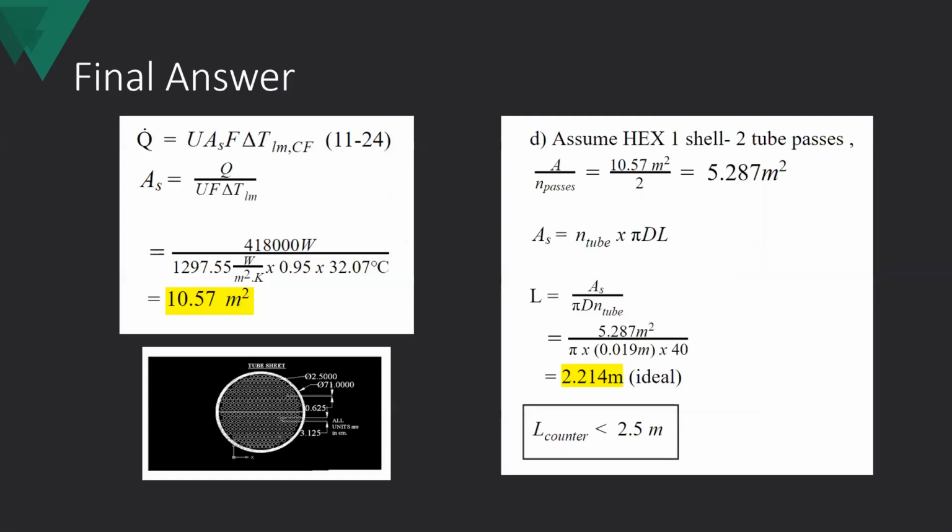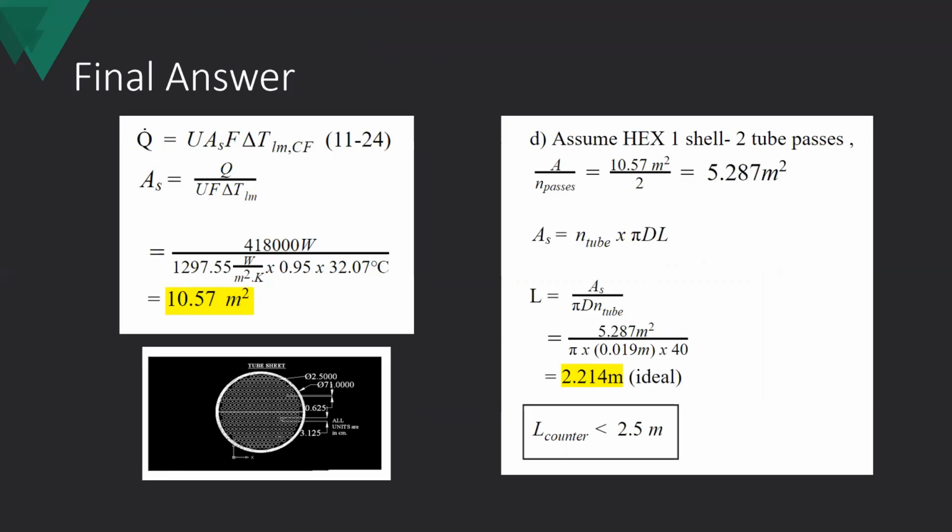With all of that information, we can now calculate the area of heat transfer by using equation 11.24, which can be found in the Cengel textbook. So the area is 10.57. We also assume that our heat exchanger has two tube passes, therefore we divide it by 2 and obtain the actual area. Before that, we wanted to find the length actually,